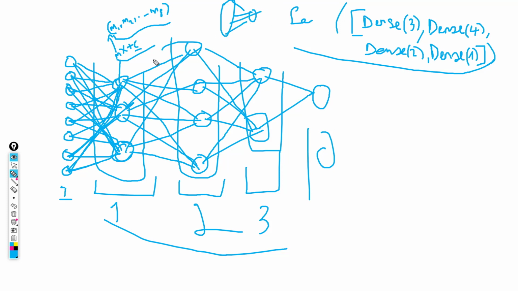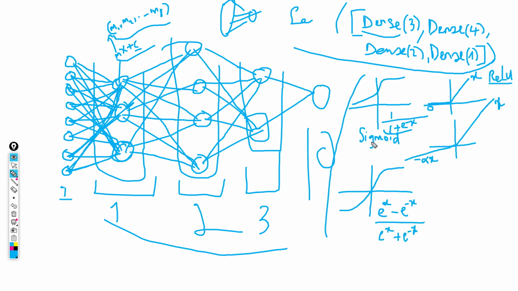We've added more hidden layers so that we could learn more complex information stored in our data set. Now another thing we could do is add in the activation functions, as I've said already, and make this model even more complex. Common activation functions are the sigmoid activation function, the tanh activation function, the ReLU activation function,